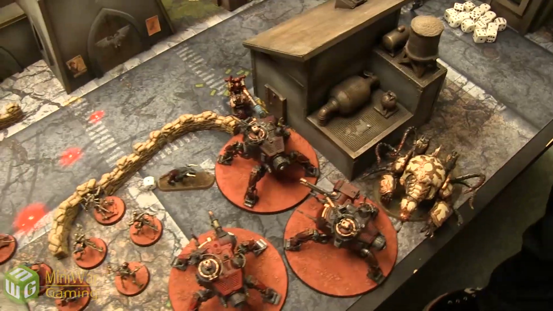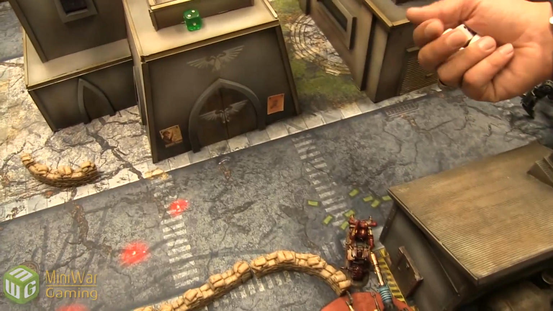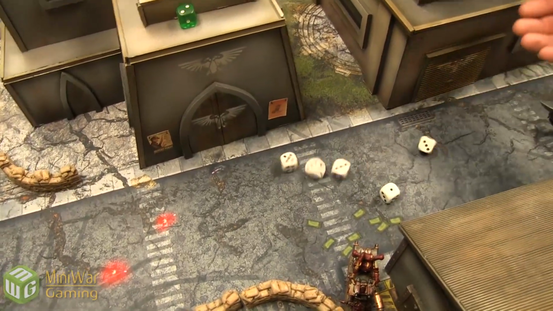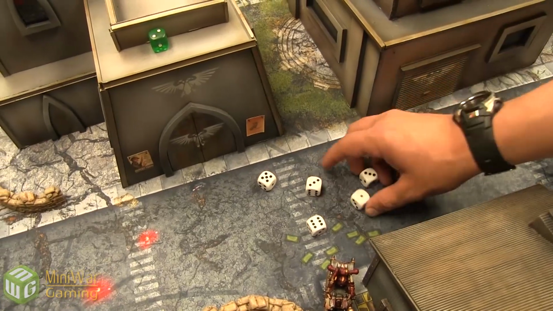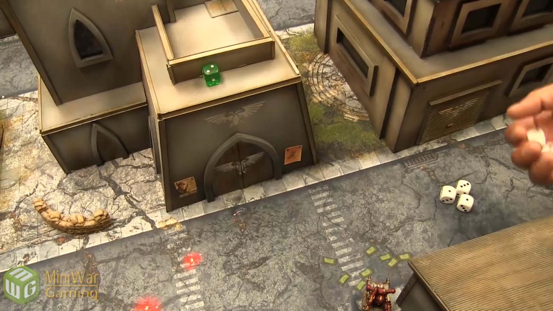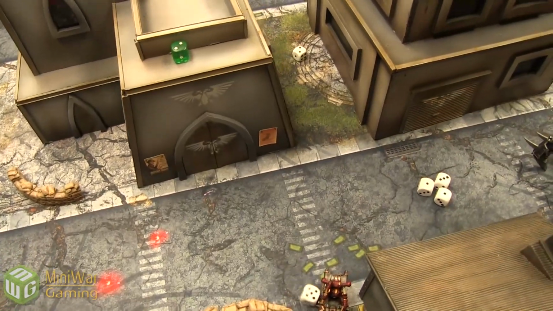Next up is going to be the Mauler Fiend with 5 attacks. Oh, what's your weapon skill? Weapon skill 3. Okay, so 4s. Yeah, so hitting on 4s. Oh, only 2. All right, and your strength? Strength 10. Okay, so 2's the glance. So that's going to be...